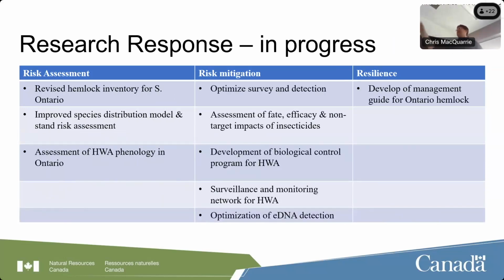So our research response, and we chunk this research into different buckets based on whether it's assessing risk, mitigating that risk, or developing standard resilience. We've been looking at revising hemlock inventories for Southern Ontario. That's a project with Ben DeVries at Guelph. We're looking at Cameron's species distribution modeling. We're looking at phenology, some other risk mitigation stuff that I'll talk about. And then there's a management guide for hemlock woolly adelgid that Victoria's been working on with the Invasive Species Centre that should be out